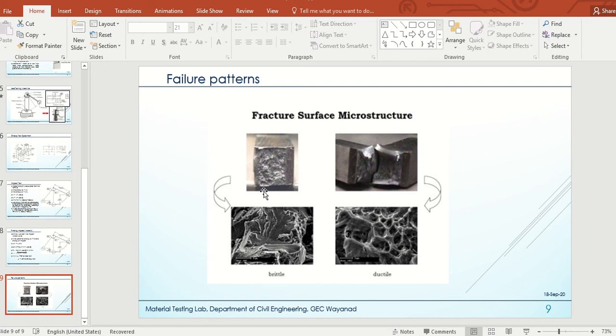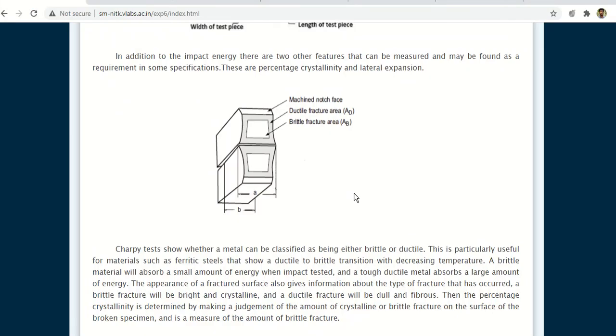This is the pattern, or crystalline pattern, of a brittle material, how it will look at the end of the test. So there are some differences, right? Based on that difference, we can tell whether the material is brittle or ductile.